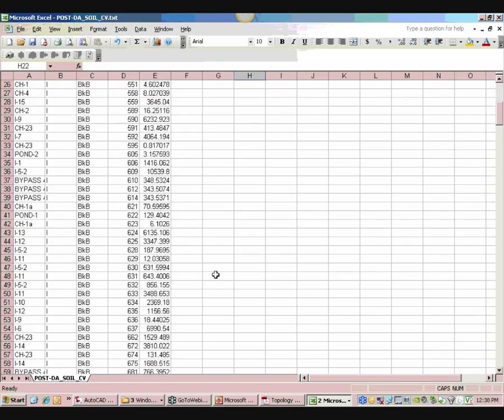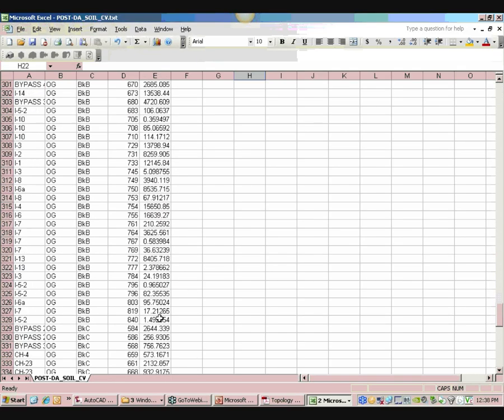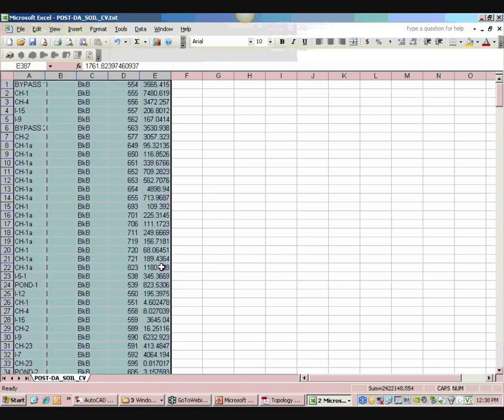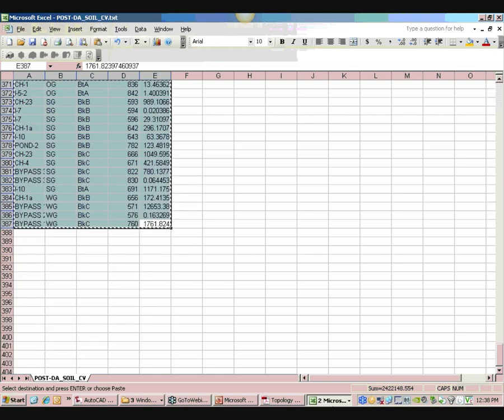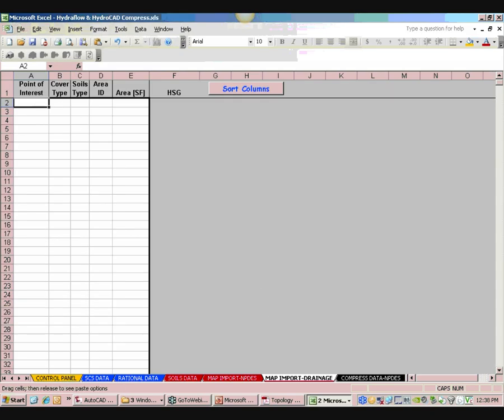All right, so from this point, I'm just going to copy all this data. I'm going to go down to the bottom here. Control, Shift, you can select the data. I'm sure you guys know how to select data in Excel. Right click on it, hit copy. I'm going to paste it